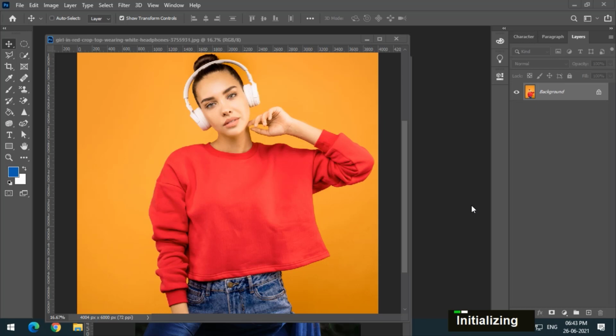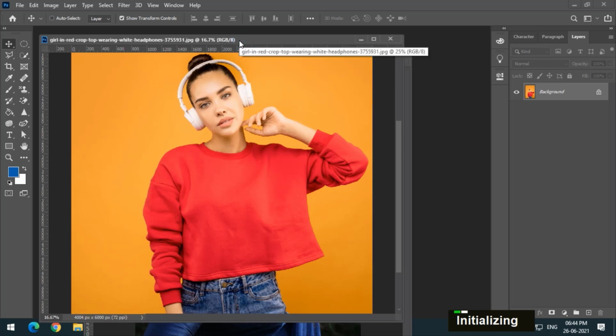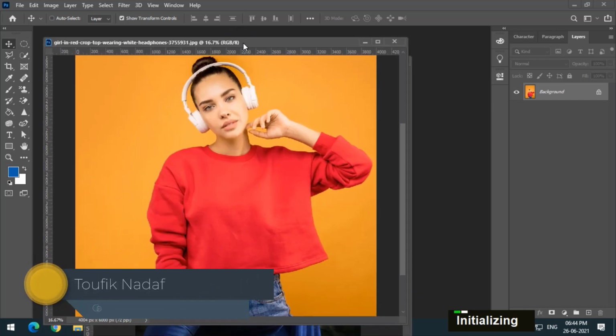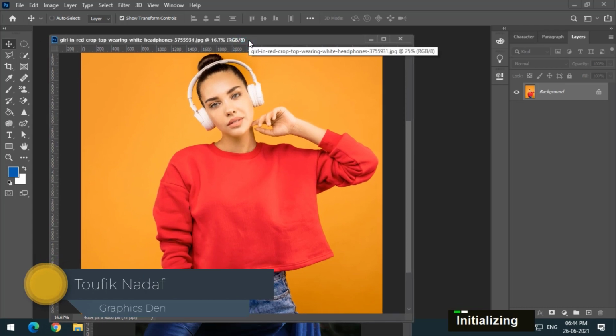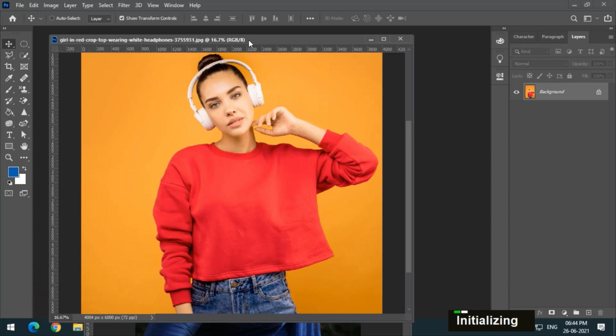So in this video we are going to see how to use actions in Photoshop. So what are actions? Actions are basically the steps that we perform in Photoshop. So how to use it to our benefit? Let us see. First of all, I have opened an image or a couple of images. I will apply some of the effects to this image, and we will look at how we can use these particular steps on the other image.